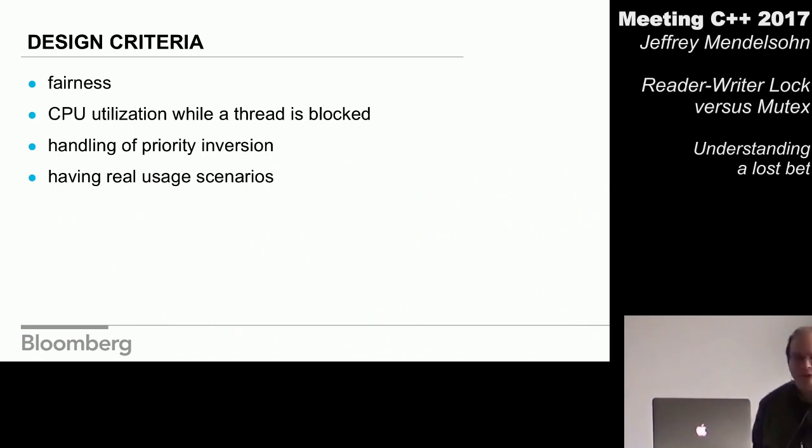At Bloomberg, we'd run multiple things on each box. If a thread was busy waiting, it's just wasting CPU cycles, something else could have been running there. It's just really not in our setup to busy wait. Also, in some tests for busy waiting, you can get some really bad behavior out of that if you're not careful. Are people familiar with ticket locks or anything? Locks that order threads that are coming in? You can get some really, really bad behavior out of that. We didn't want to start down that path.